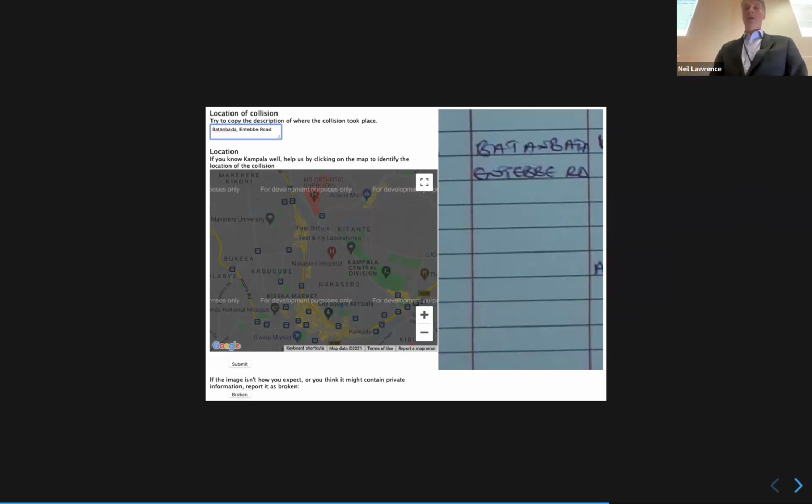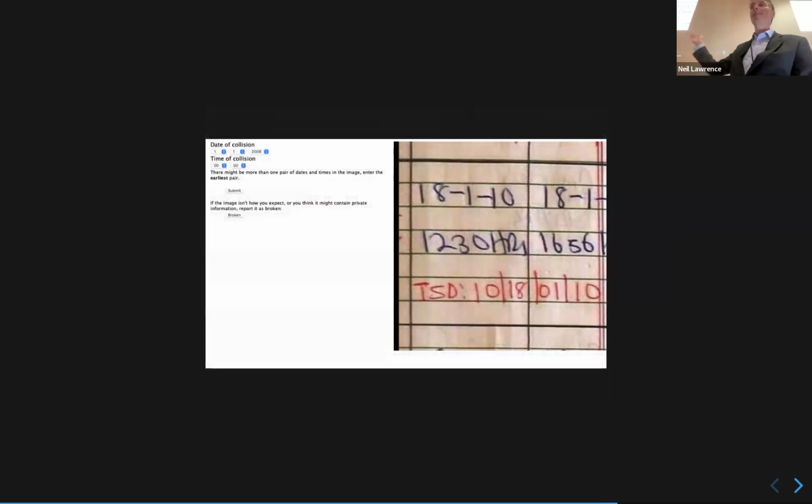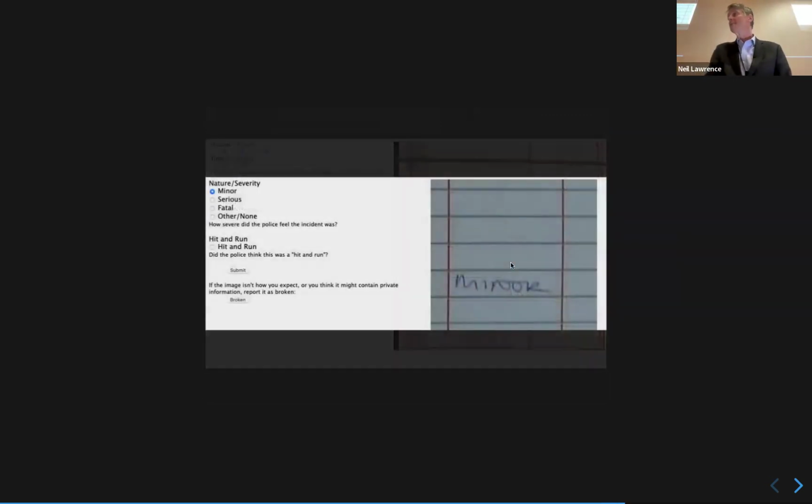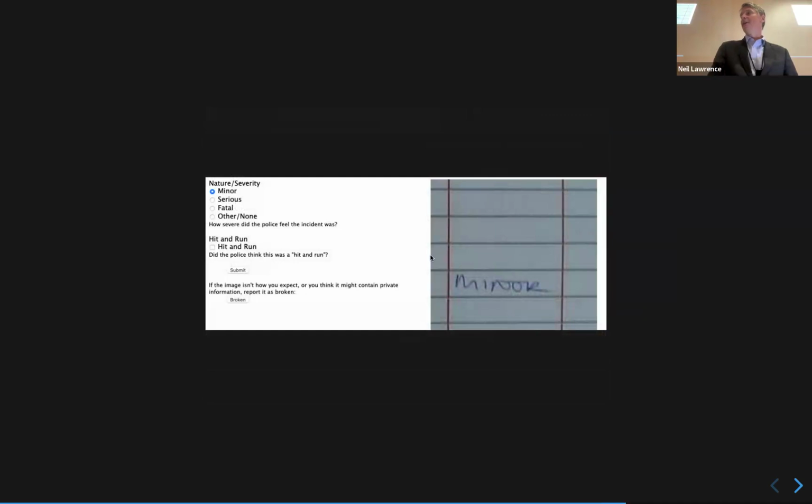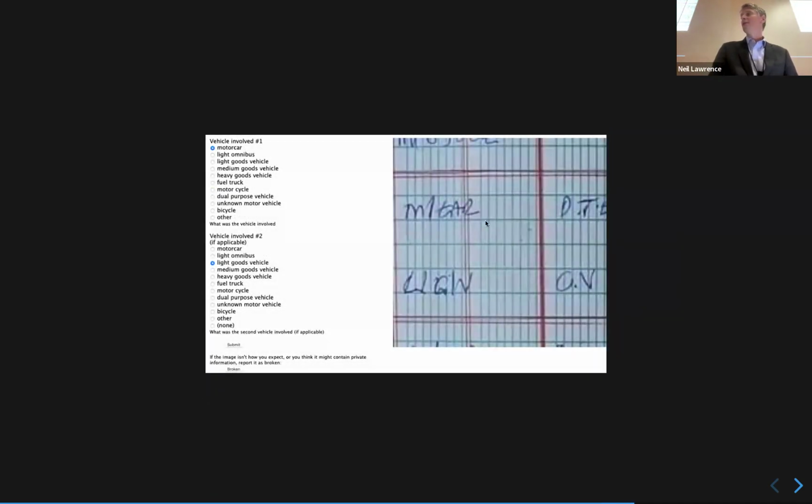So his access is even this crowdsourcing thing. And imagine if you're doing a psychological study or whatever, and different logbooks from different places, recording in different ways with different notations, even that's going to be very hard, even with modern AI. And whether the accident was minor, whether it was a hit and run. Does anyone see what that's saying? Can you interpret what that is? You can probably if you look down here. Motor car. This would presumably be light goods vehicle. So, all stored in these sort of ways.